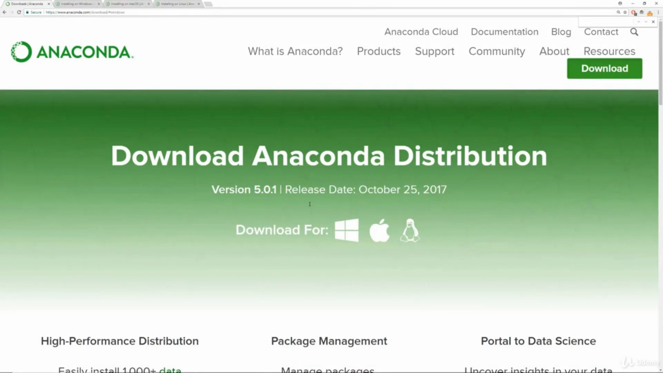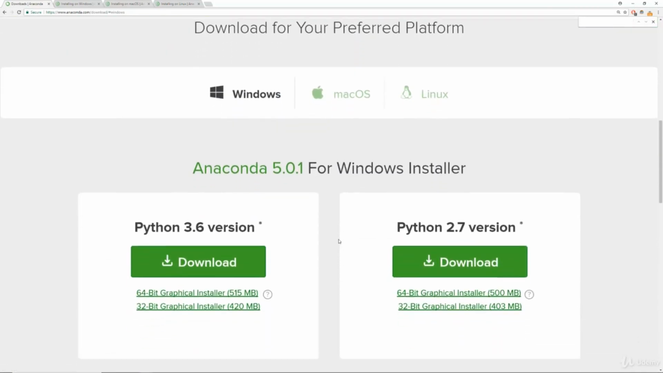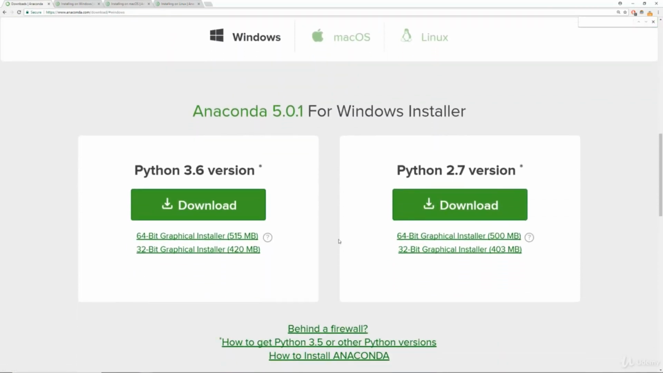So at anaconda.com/download, the website will look something similar to this. It may be updated from time to time as far as the look and feel, but in general, it will have the download links for the various installers for the Windows, macOS, and Linux systems. And if you click on one of these, you'll be brought down to the actual download links for the graphical installers or the command line installers. By the time you view this page, it's most